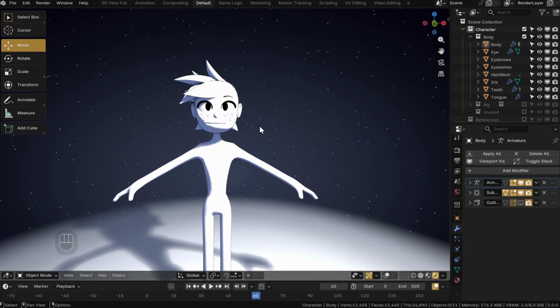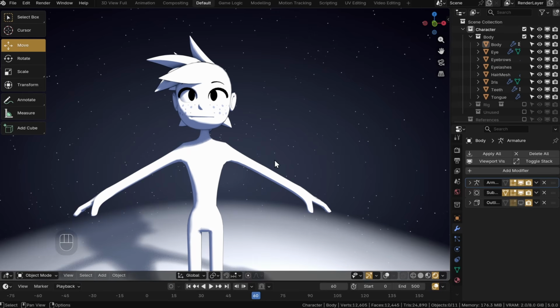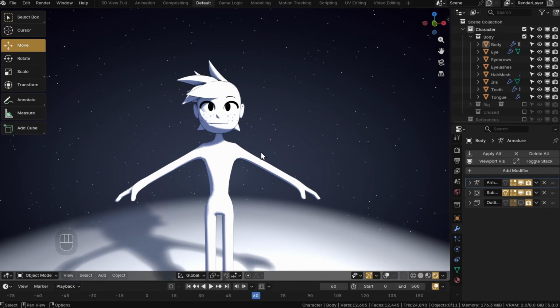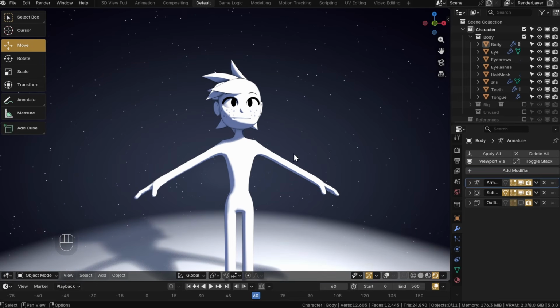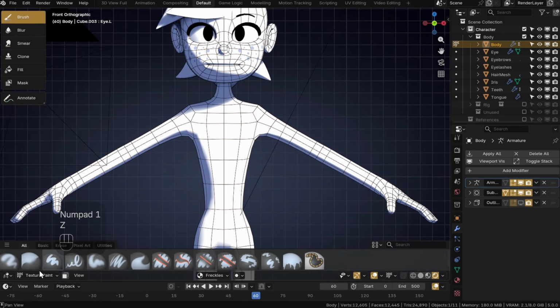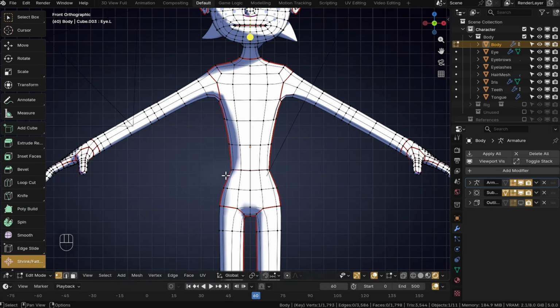But the other reason is that the easiest way to make simple clothes is to duplicate a part of the body, meaning if we waited until after rigging and texturing and all that, we can duplicate all that data onto the clothes with basically no effort. Here's how. First, select the part of the body that closely matches the shape of the clothes you want, using